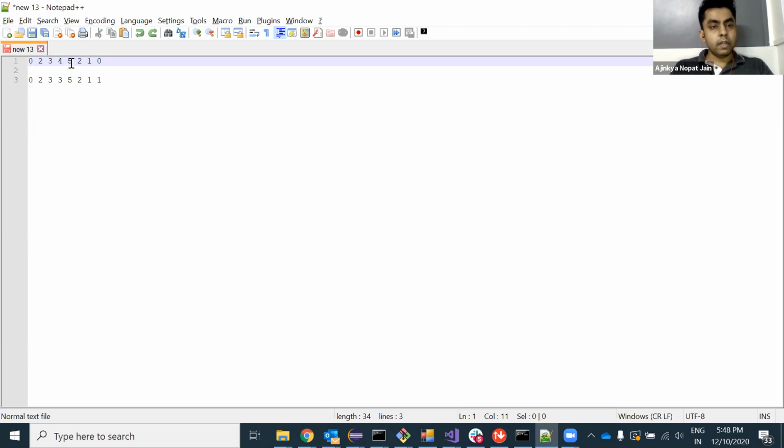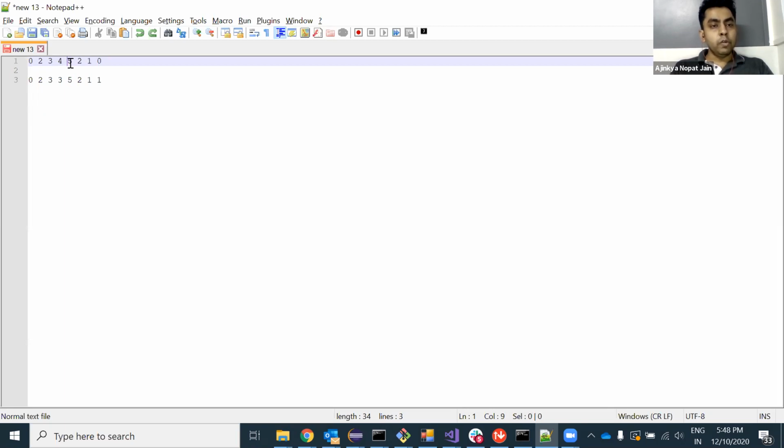wherein if the element is greater than the next element, and also greater than the previous element, then we'll say that this particular element is a pivot element. Till this point all numbers will be in strictly increasing order, and after this point all the numbers will be in strictly decreasing order.